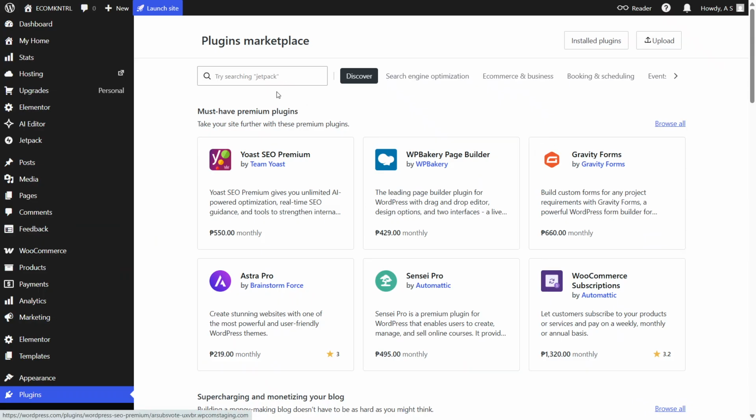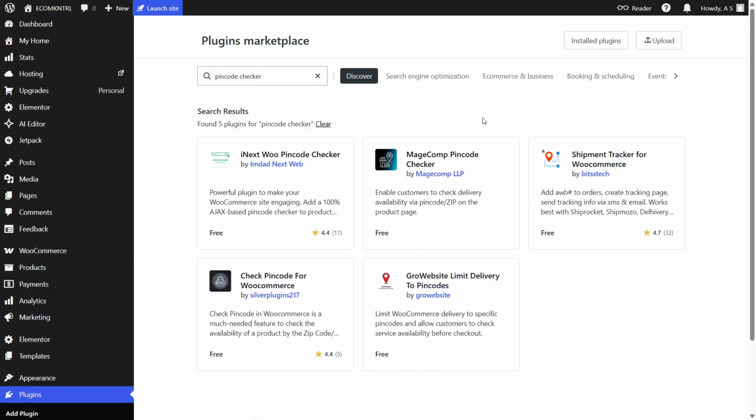At the top right, you'll see a search bar. Click into that search field and type pin code checker. Then press enter on your keyboard. WordPress will load a list of plugins that match your search. From the results, look for a plugin called iNextWoo pin code checker and click on its name to open the